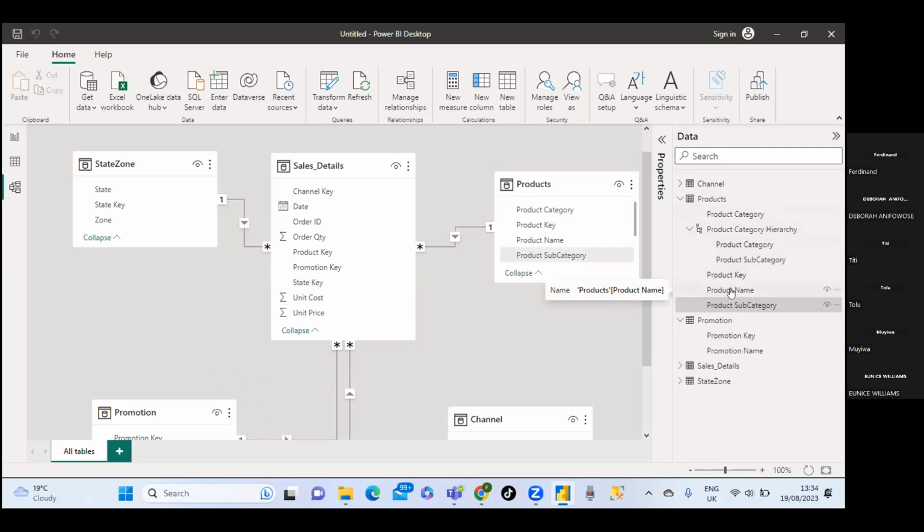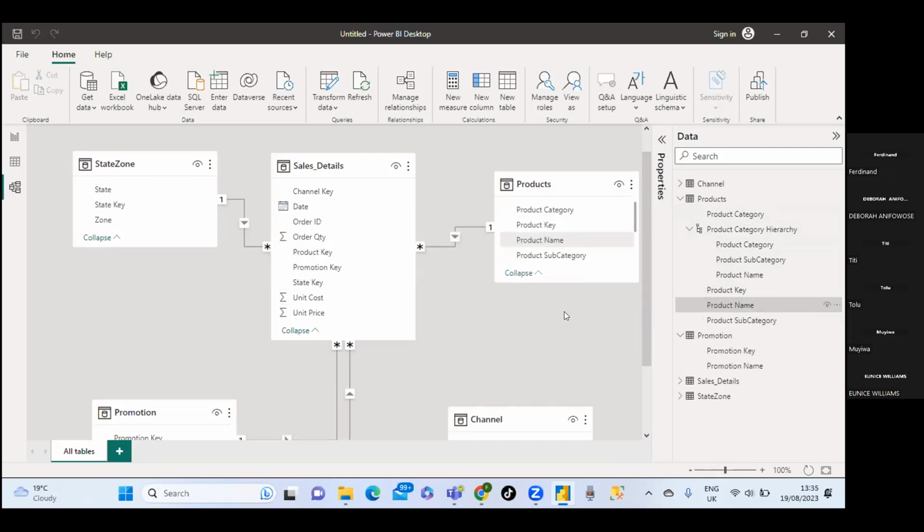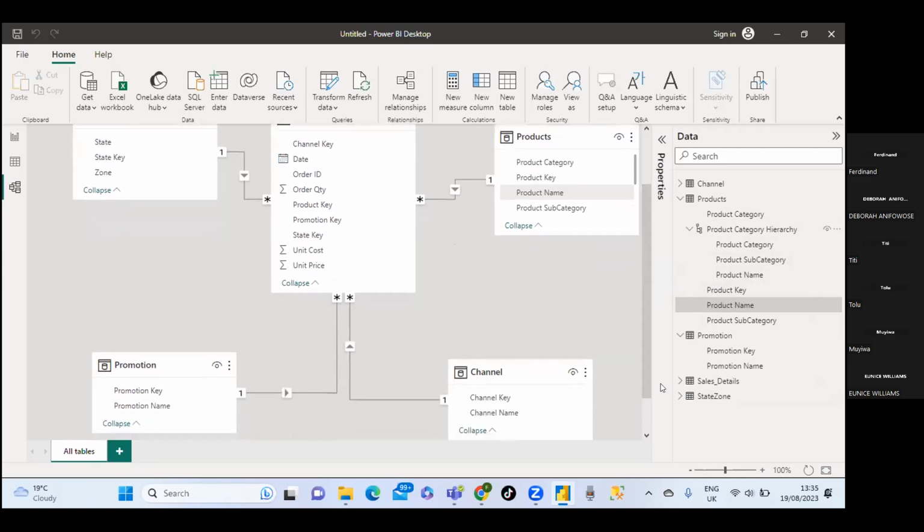Then the third one is the product name. You click on it, you right click, add to hierarchy. Come here, you pick it from here, and that's it. So if I should close it now, you can see it's not there now. You can't see it until you expand it. So we have product category, subcategory, and product name. Okay, so in that same aspect, I can also do for the